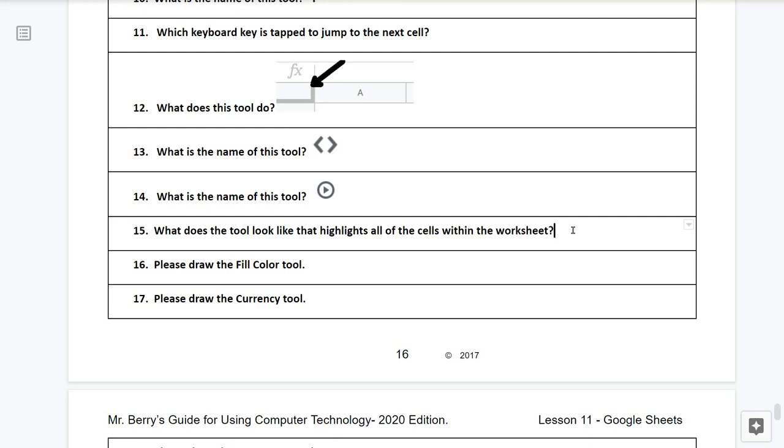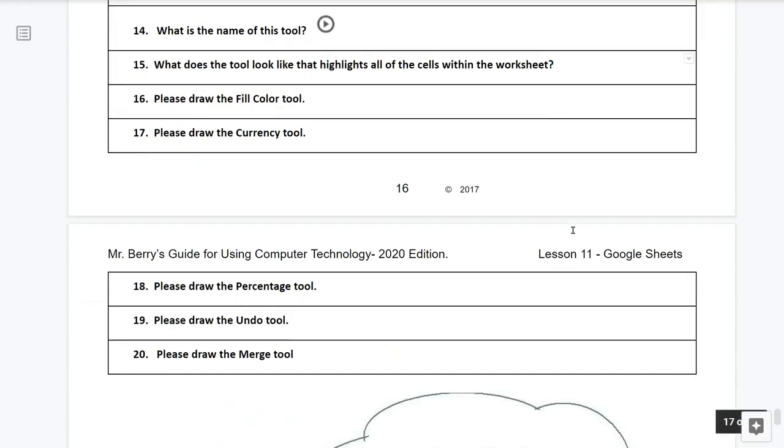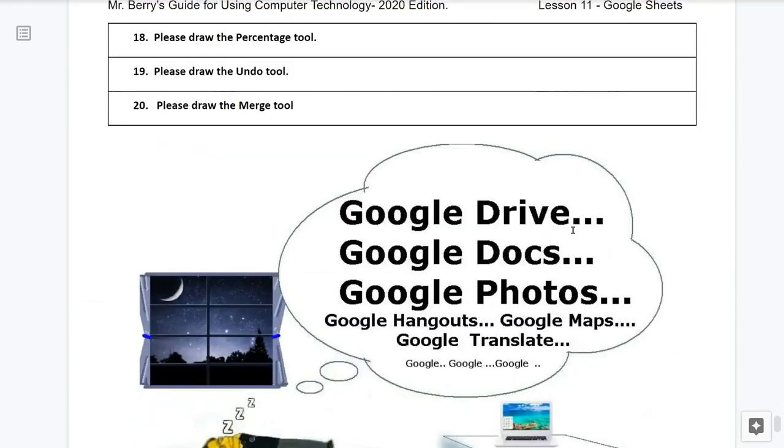Number 16. Please draw or describe the fill color tool. Question number 17. Please draw or describe the currency tool. Question number 18.